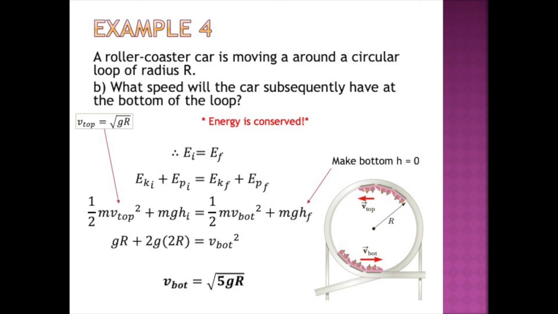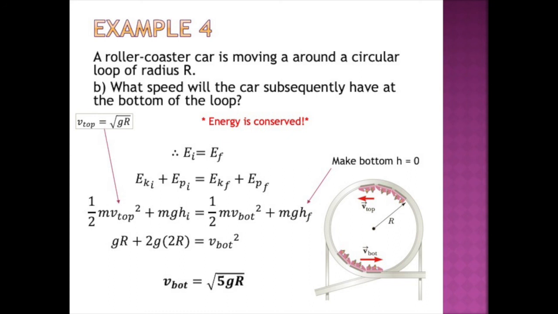Now, this is where it's important to be intelligent about our selections. We remember, hopefully, that our zero potential line is something that we control. It is an arbitrary point that we pick, and we measure all of our heights and whatnot from it. So for me, I'm going to pick the bottom of the loop to be my height equal to zero. And what that means is that mgh final is going to be zero, because we're going to say that all